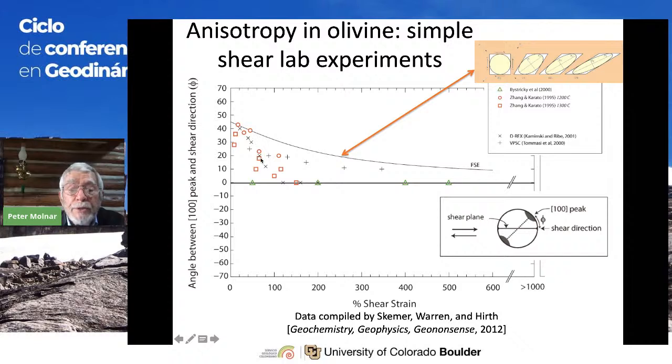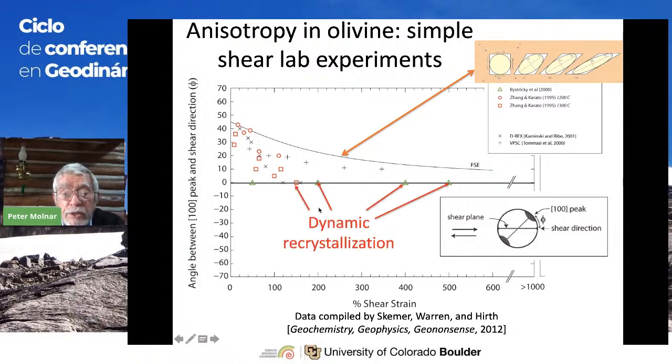These dots, plus signs, circles, squares, triangles, these are laboratory measurements. And they're essentially saying that the orientation that you get when you strain the olivine develops faster than if it were just simple shear. You are rotating these around faster. And if one takes those that are aligned parallel to the sense of shear, this is a case where this 100 peak would not be aligned that way, but would be aligned this way along in here.